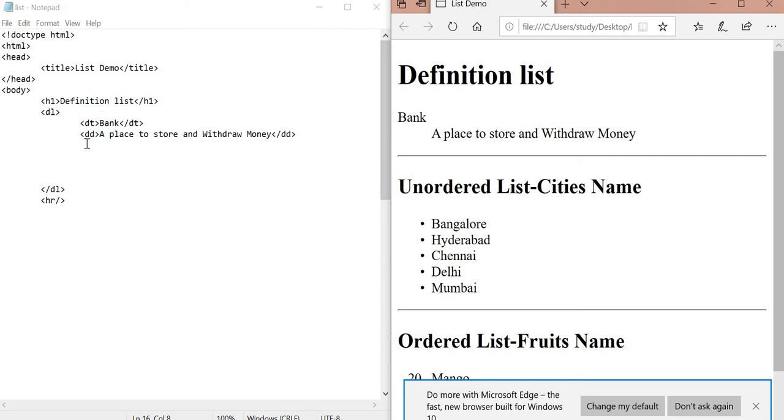Now I'm going to add one more definition list. For that, the definition term is India, and the definition description is: India is a country in South Asia.